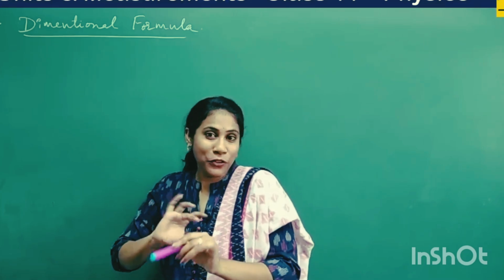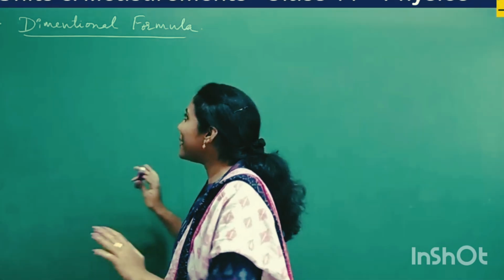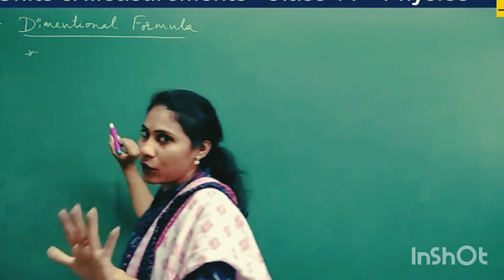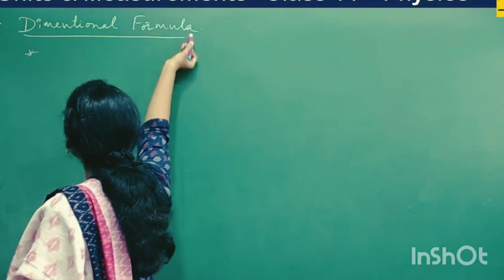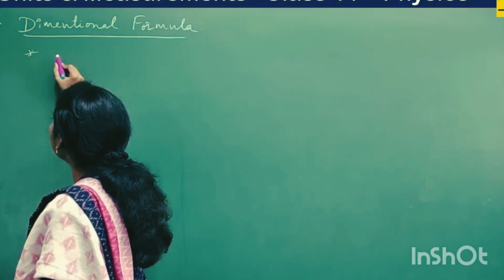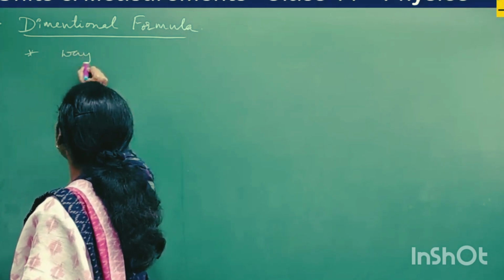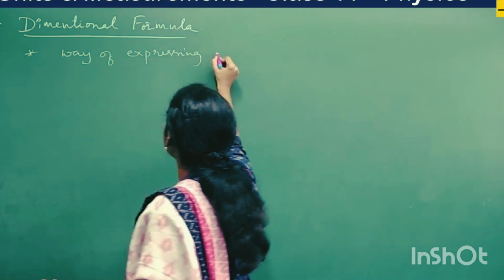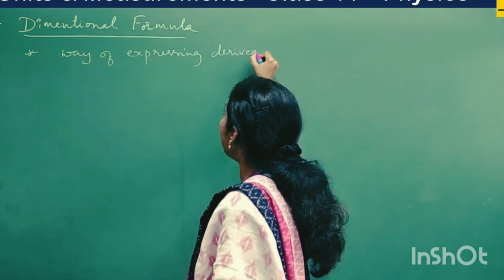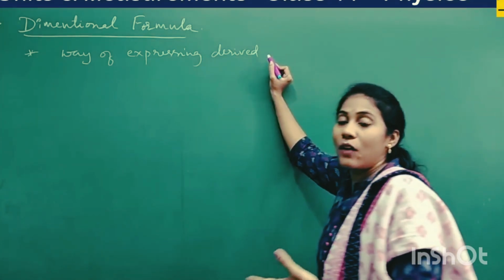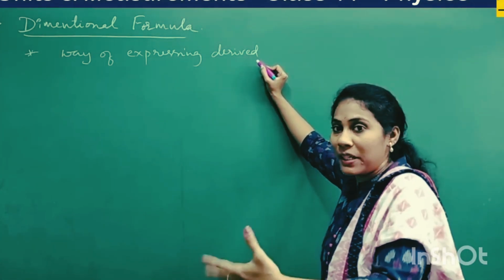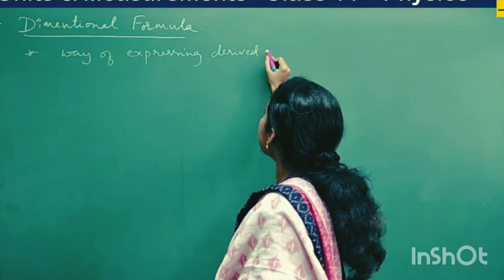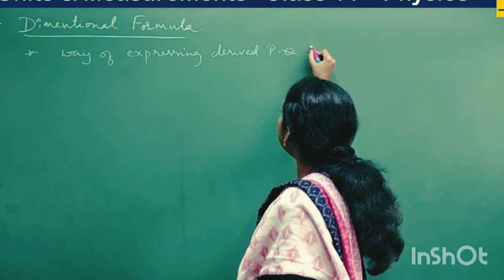You may be confused with the sentences that I told you now, but it's very simple. First, let me write this sentence. When I give you one example, you will understand. Dimensional formula is nothing but a way of expressing derived physical quantities. We all know derived quantities, like area, volume, density, are all derived. They are made up of fundamental physical quantities only. So it is a way of expressing derived physical quantities in the dimensions